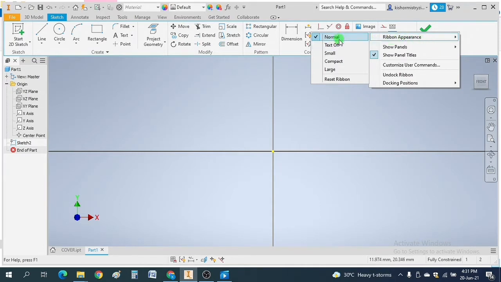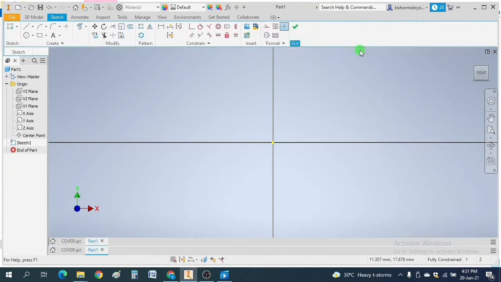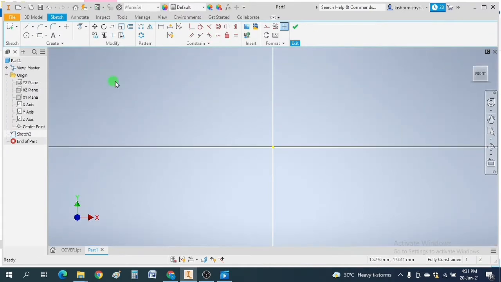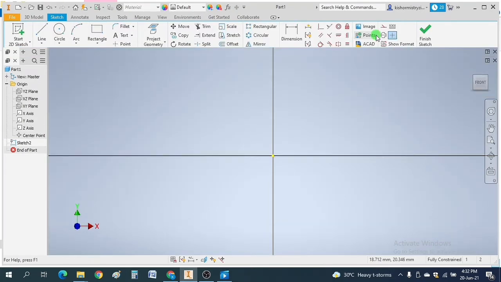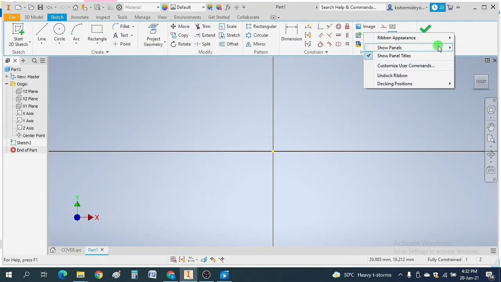You can change the appearance of the ribbons if you want to. Actually for beginners this is not required at all, but you can change it to small, so you have more space. But I recommend for beginners, just keep it as normal.